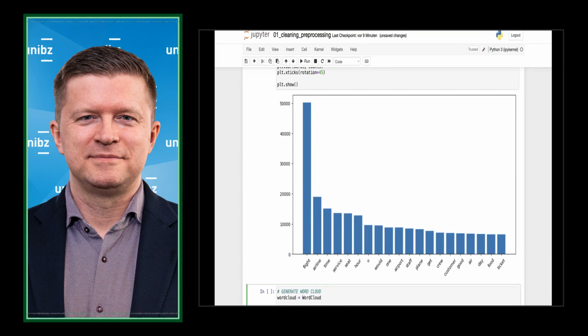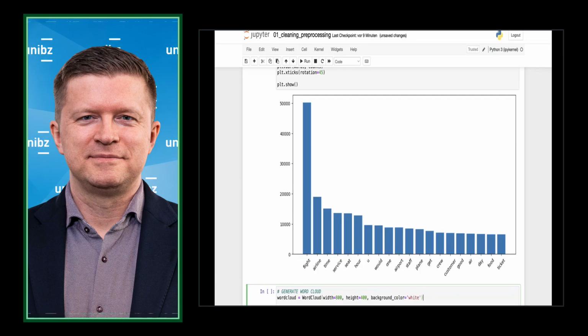So let's choose dimensions. We do double the width again. Do we need a background color? Probably not. So let's do white.